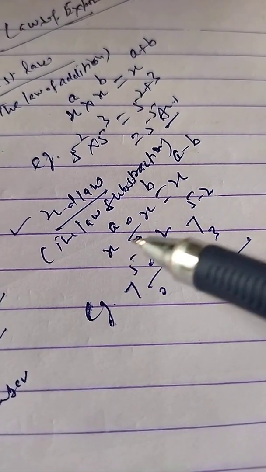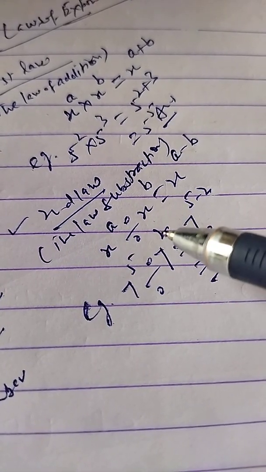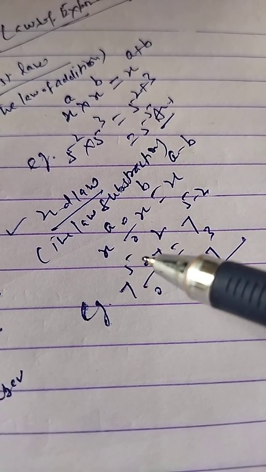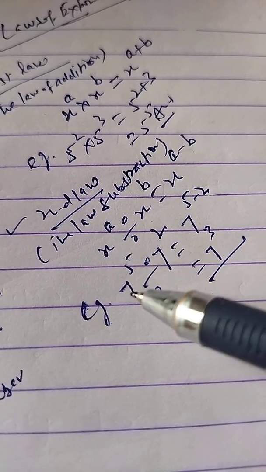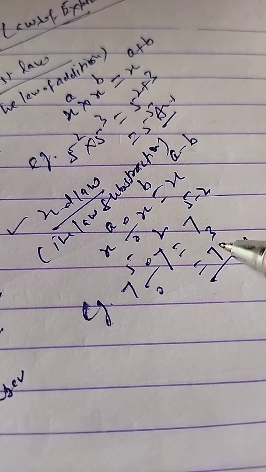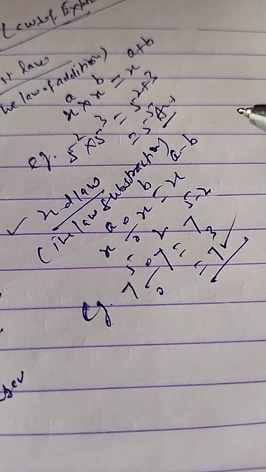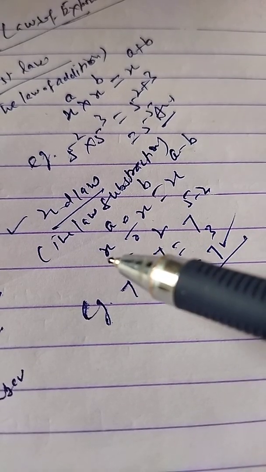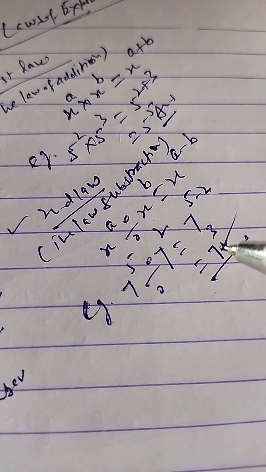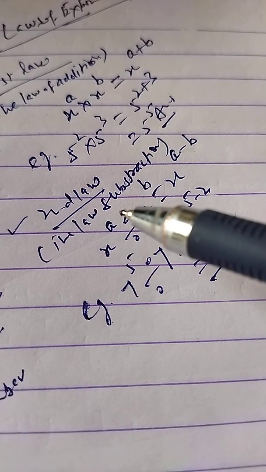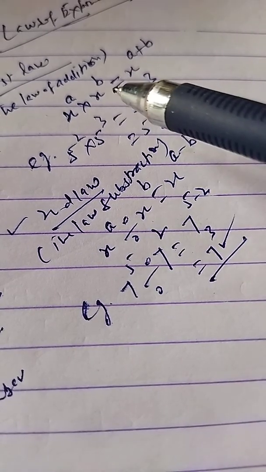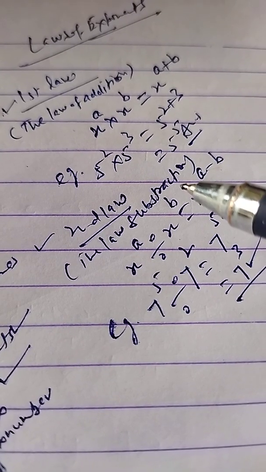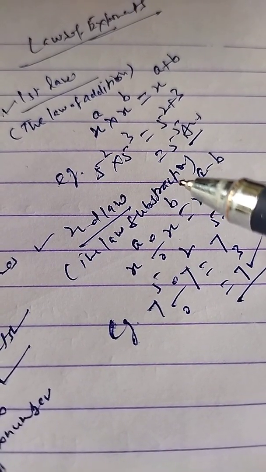So when I am going to minus the powers, but please keep a watch, bases are same and the sign of division will be there. In case of subtraction, answer will be 7 raised to the power 3. So in case of multiplication, we have to add. In case of division, we have to subtract. The difference is only of these signs, but bases are same always. So this is called the law of addition. This is called the law of subtraction. That is the second law.